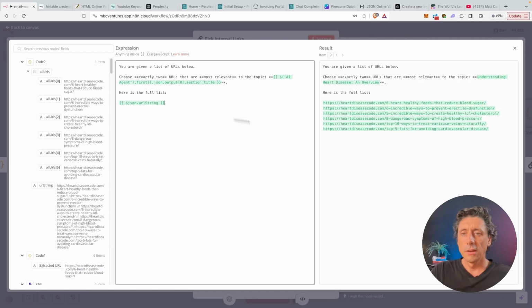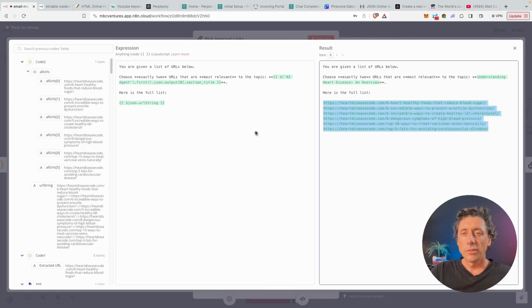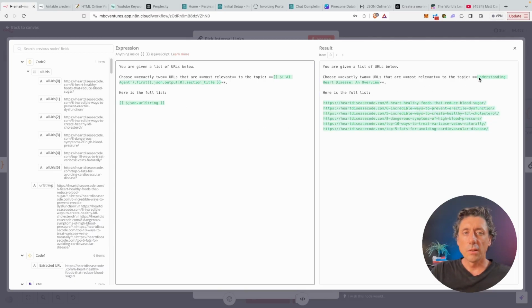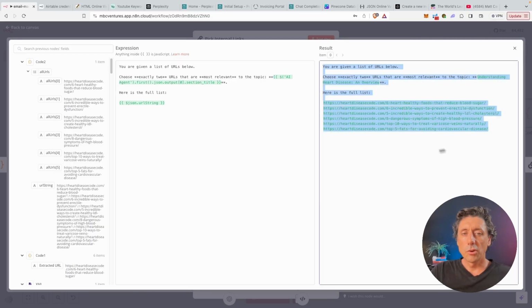And you can see here, here's all these URLs. So it's just saying, look at the title. This one, it's Understanding Heart Disease. Look at your list of URLs that you've got. In this case, it's only 6, so it's not really a great example. But imagine if you had 100 or 200. It will grab the most relevant